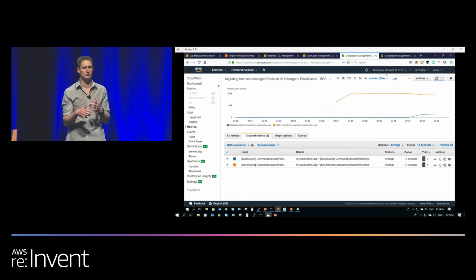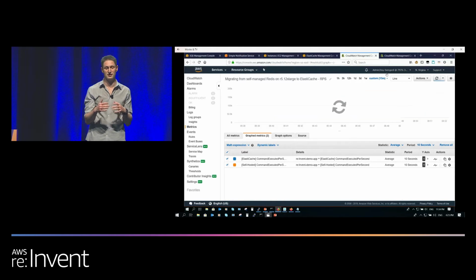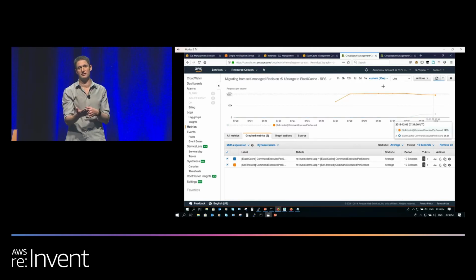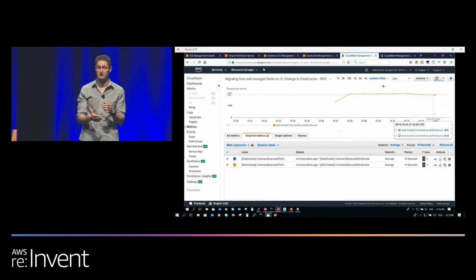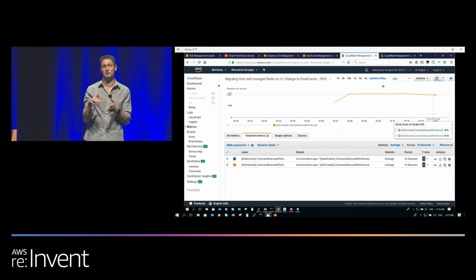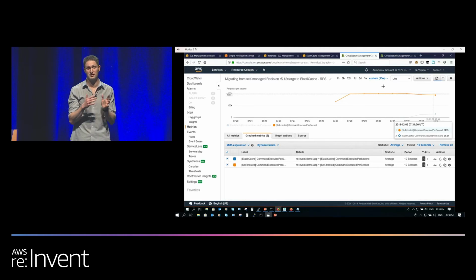What you will see is that once we started the migration, there is some traffic to ElastiCache as well. ElastiCache is the blue line, and the self-hosted one is the orange line. I know it might be a little hard to see from here. As you can see on the screen, at some point we're sending 20% of the traffic to ElastiCache.